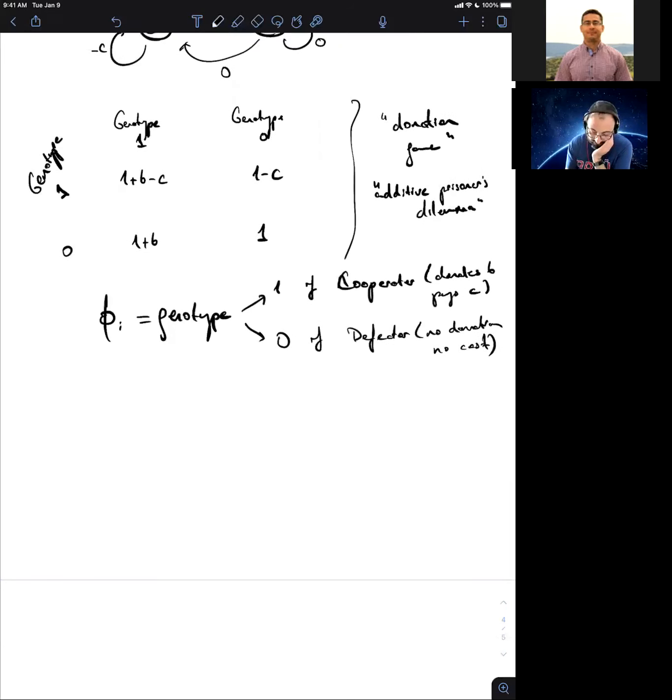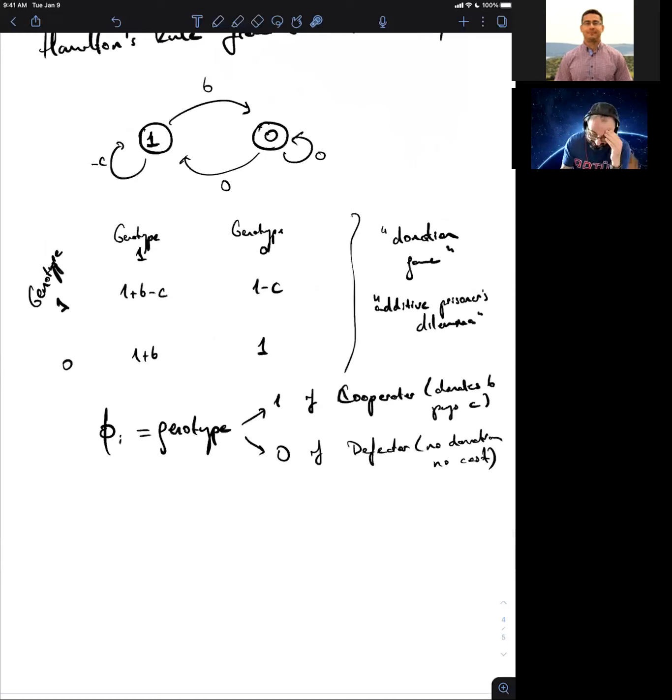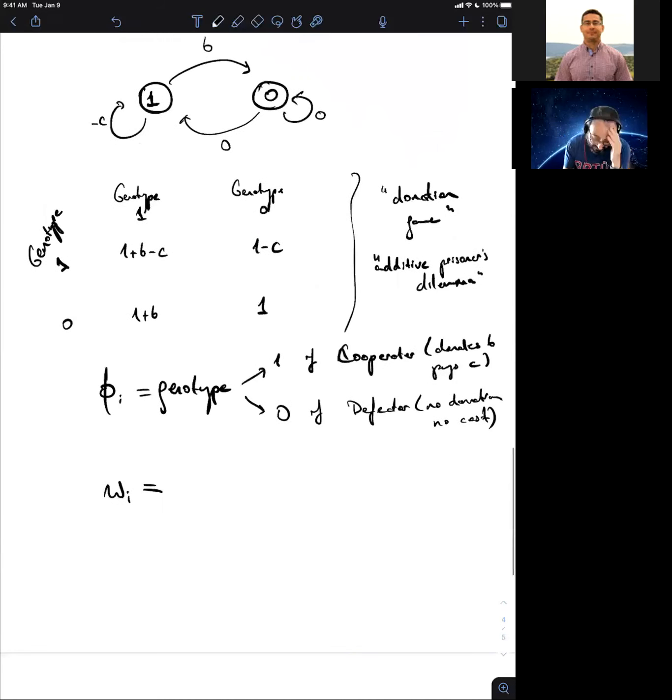So now the phenotype is the genotype, which is going to make things slightly easier, because if we ignore mutation, then the phenotype of offspring is going to be the same as the phenotype of their parents, because it's their genotype. And we're going to assume genotypic haploid genetics here. Okay, so now you can summarize this matrix